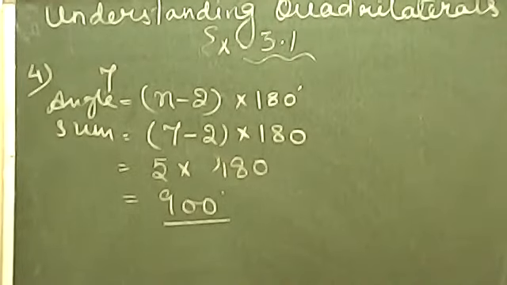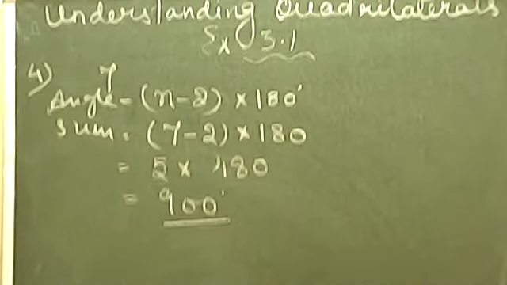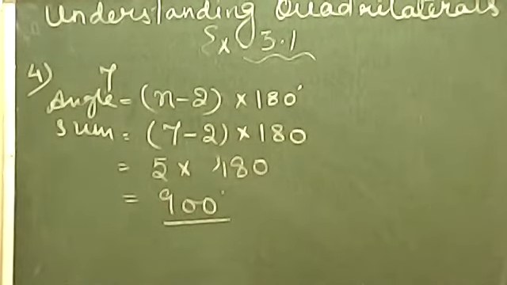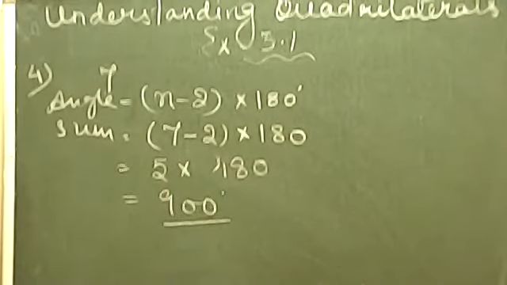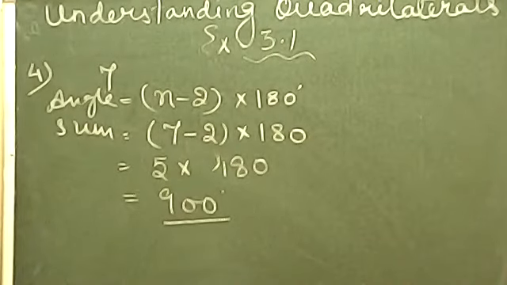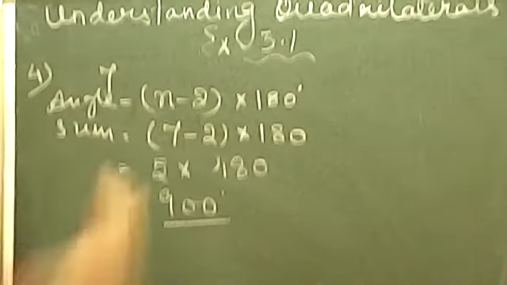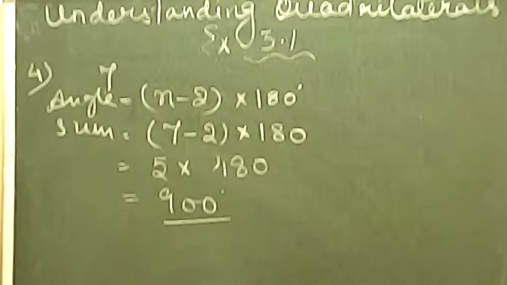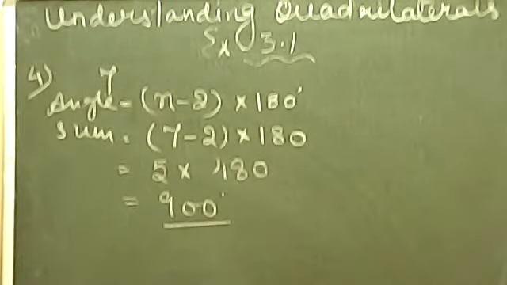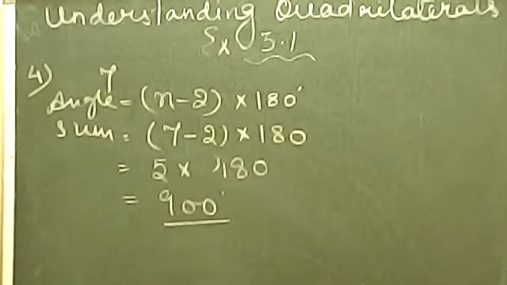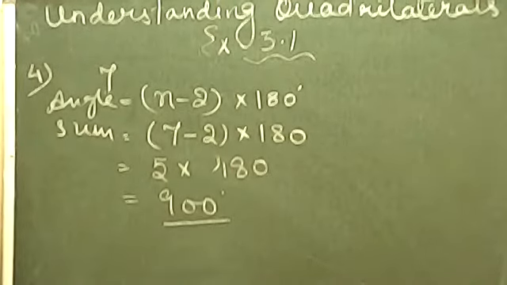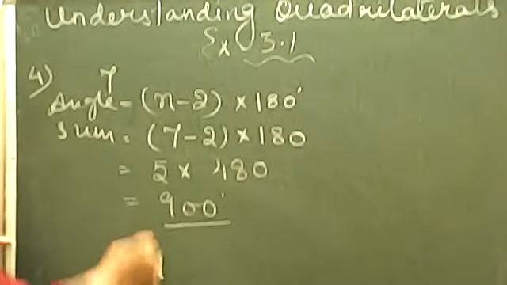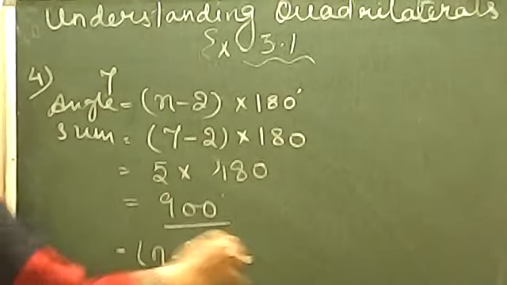Now the next part is asking that if you have 8 sides, how will you do? So beta जहां पर 7 है वहां पर आप रख दोगे 8. The whole process will remain same. Next, if you have 10 sides, so जहां पर 7 है वहां पर आप रख दोगे 10 and then the whole process will remain same. And the last one is asking what will be the angle sum if you have number of sides equal to n. So beta it will be n minus 2 into 180.